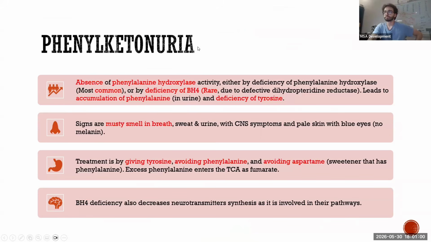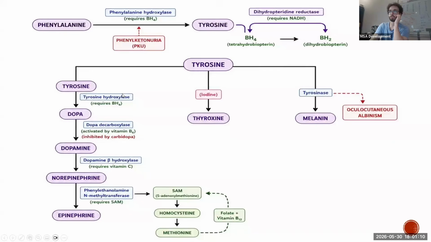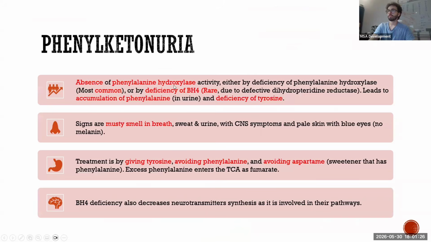Whatever. Okay. Now, phenylketonuria. We just talked about it. We have an absence of the enzyme phenylalanine hydroxylase, which is the most common cause. The most common cause is that this enzyme is deficient, phenylalanine hydroxylase, or BH4 is deficient. Because even if we have phenylalanine hydroxylase, if there isn't the BH4 necessary, what did we gain? You know? So these are the causes of phenylketonuria.